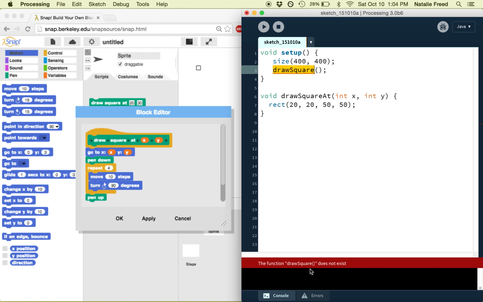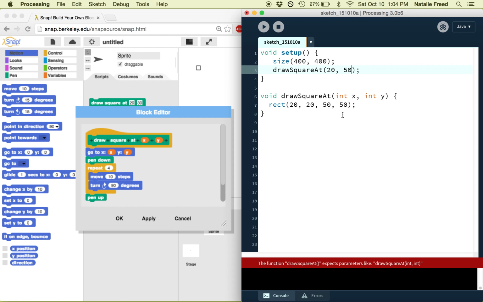You'll also notice that we've got these underlines here. It's saying draw square does not exist. We have to apply that change to this. And now we get this other error that says it expects parameters like draw square at int, comma, int. So it's basically saying we've got these two empty slots here, but we haven't put anything in them. So we have to pass something in to be used in the function if we've told it that it's expecting those two inputs. So let's draw it at